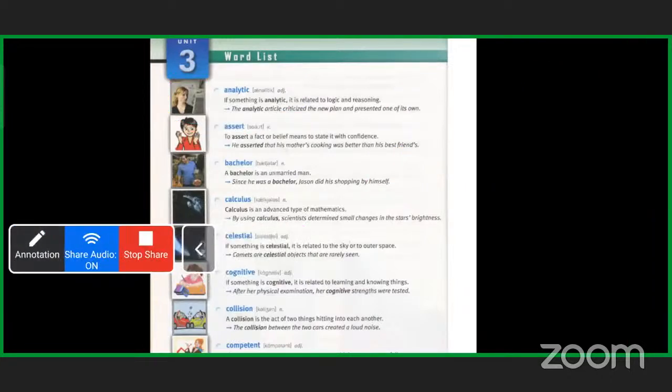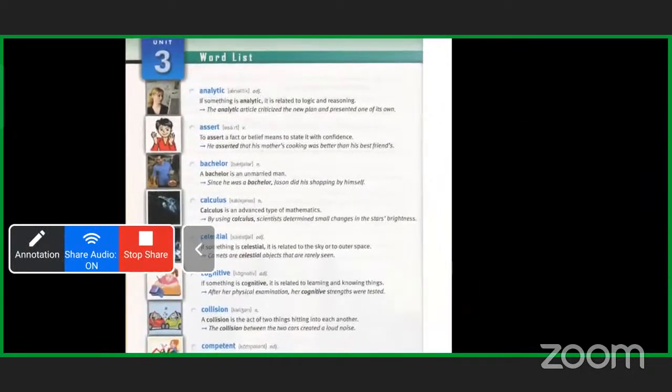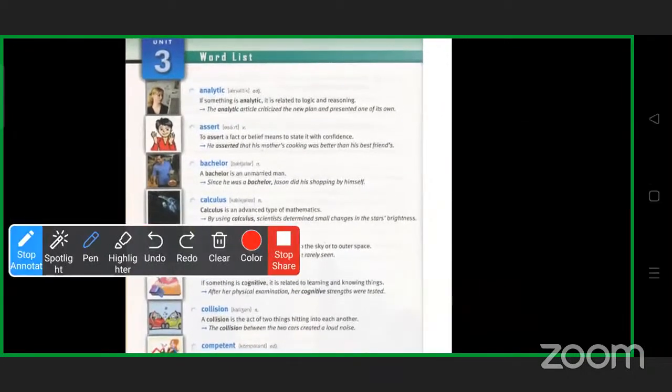If a person is analytic in his nature, the person is quite logical in his senses, like the person is a reasoned person, in his attitude there is a lot of reasoning, there is a lot of logic, whatever he says comes with a lot of logic. So that person would be called